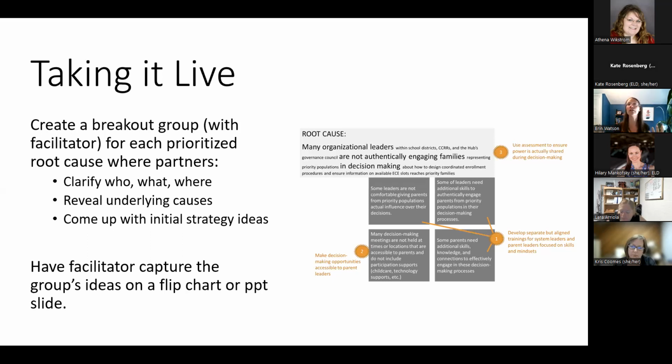And note that the November deadline in the broad scheme of things is arbitrary in the lifetime of your systems change work. But you do want to get a good set of strategies so that across all hubs we can see where the hubs are focused. How can we start to create some twofers with the strategies that are coming out? But you can continually vet strategies and adapt them after November. You should, but you want to think how many meetings, how many touch points do we need with hub partners to get this in a good enough place by November?